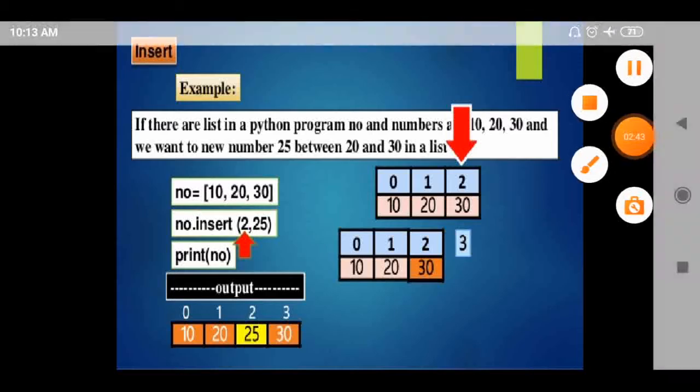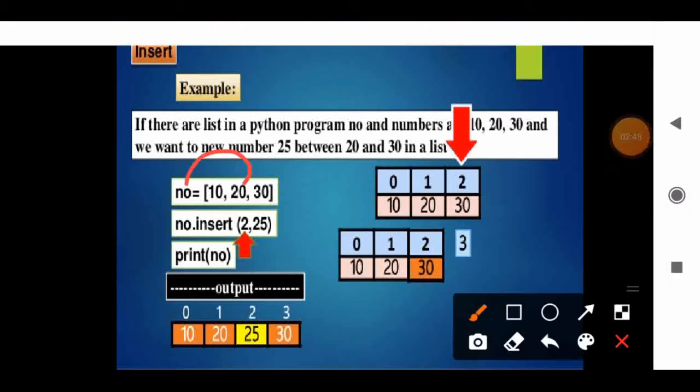Now NO equal to, we have created the list. NO dot insert of 2, 25. Number 2 is the index value and 25 is the item. So the value 25 is to be inserted at index 2. We already have a value 30 at index 2.